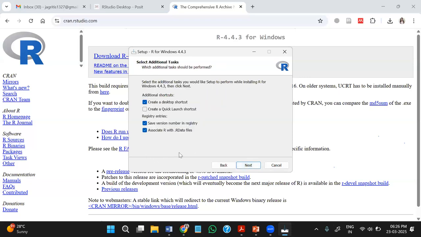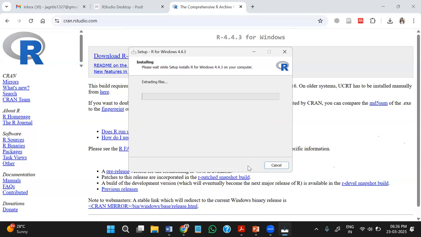Here also we have a few selections. We'll go with the default ones. If you want to change anything, like maybe if you need quick launch startup, so that you can use from here. Otherwise, these selected options are enough. If desktop shortcut is not required, you can uncheck this one also. Otherwise, this is good to have on the desktop itself. So I can click on next again, and it starts extracting files for our